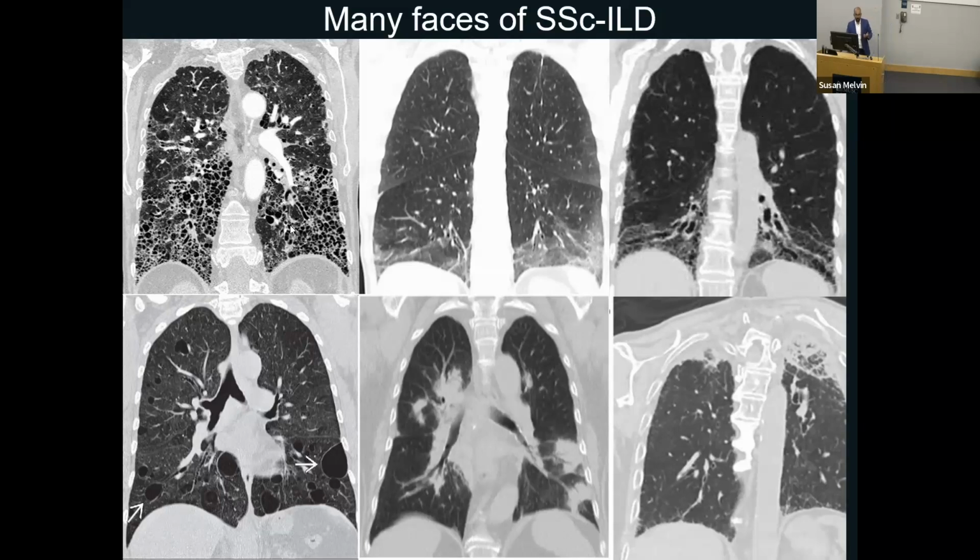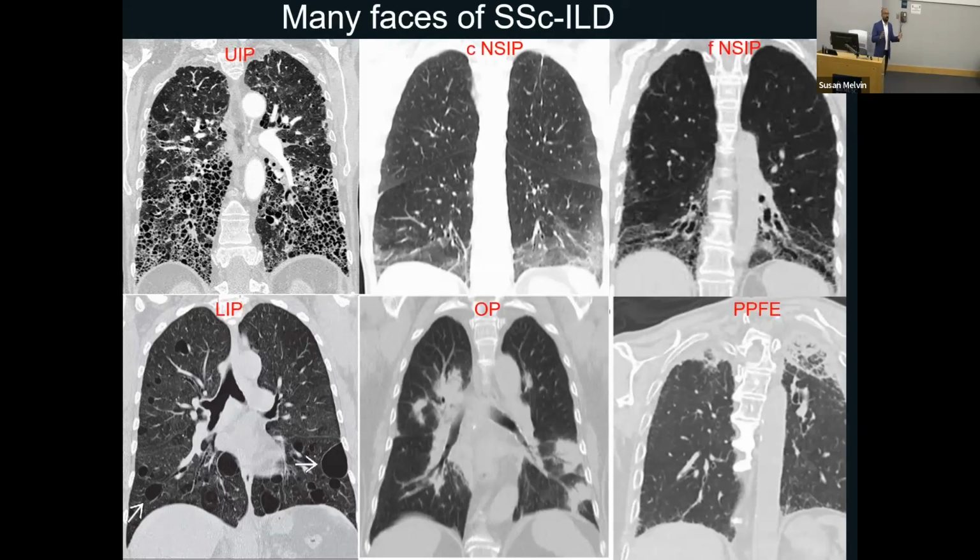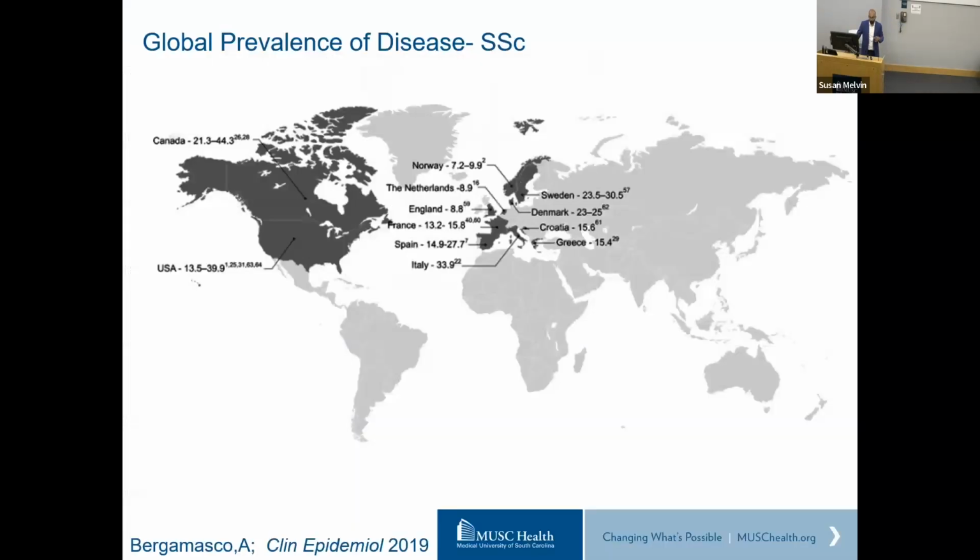Because what we are seeing here is much more of an aggressive form of pulmonary fibrosis. More of the lung is involved. We are seeing what we call honeycomb change, which is essentially end-stage fibrosis. Here we are seeing what we call cyst-like changes. Here you're seeing organizing pneumonia, and this is what we call pleuroparenchymal fibroelastosis. The reason I'm sharing this is to tell you that even within that one topic of scleroderma interstitial lung disease, the disease can have many faces, and not all of them behave the same way.